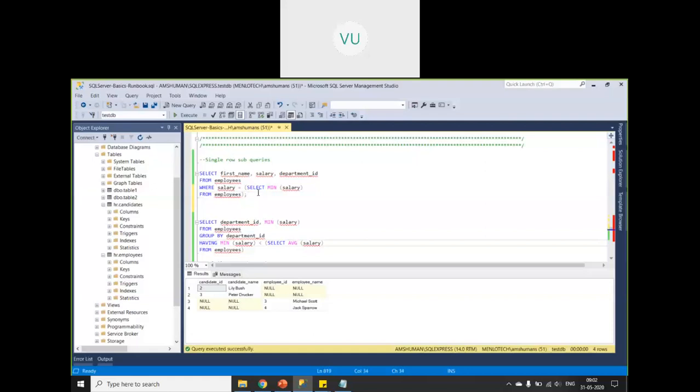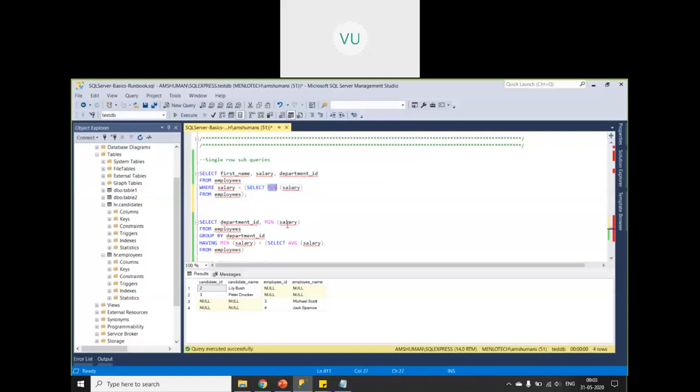What the SQL engine will do is first execute the inner query. What is the inner query? The inner query is mentioned in parentheses. So the SQL engine will see there is an inner query, and first it will execute it.